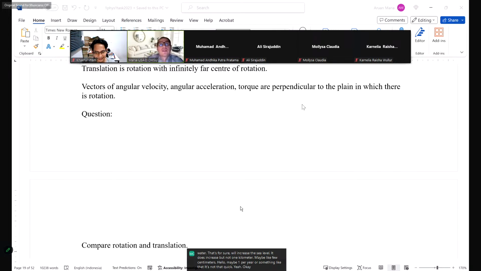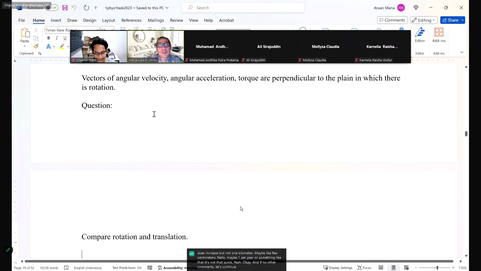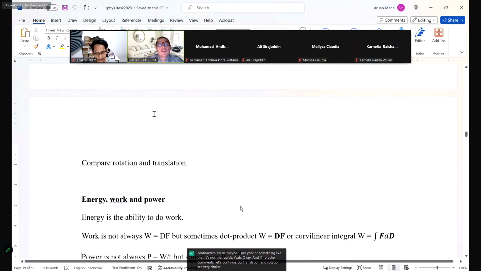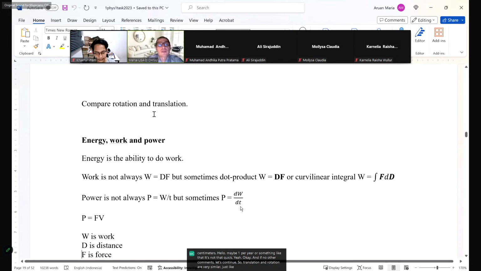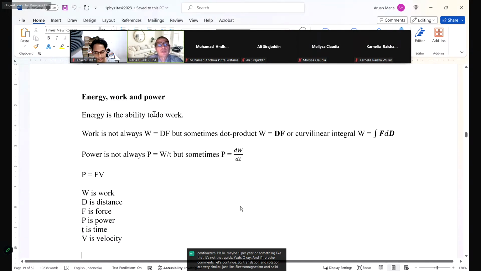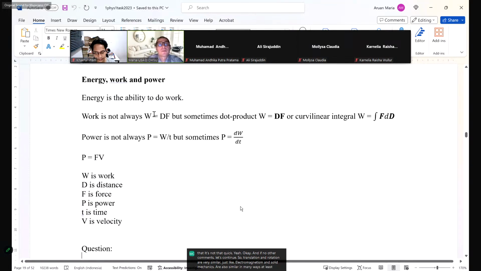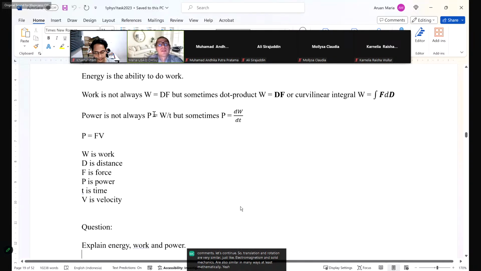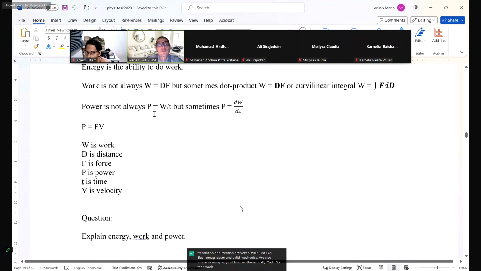Okay. If no other comments, let's continue. So translation and rotation are very similar, just like electromagnetism and solid mechanics are also similar in many ways, at least mathematically. So then work, conservation laws